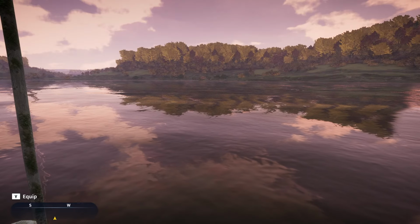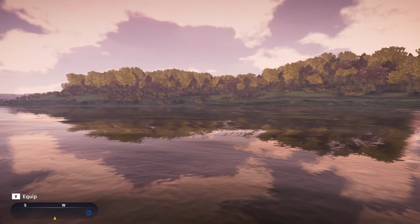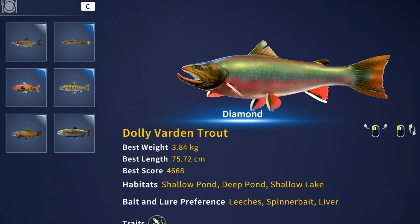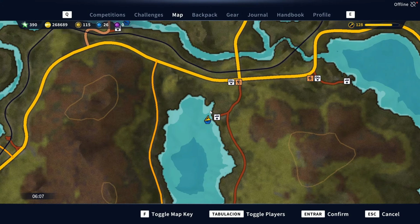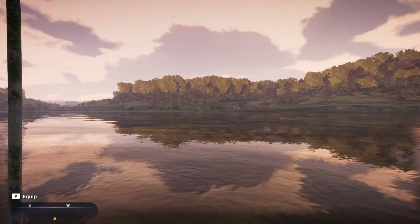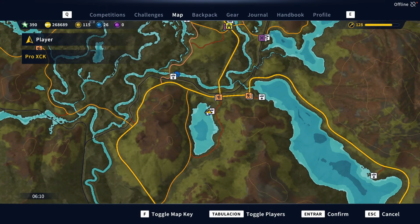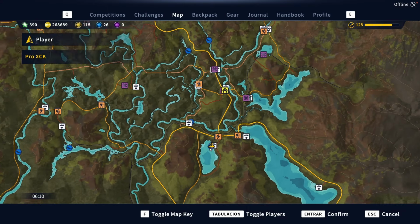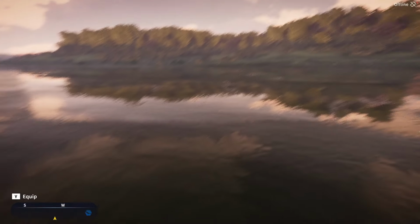Now the next location I visited while making this video is a spot where it's possible to catch multiple diamonds, and one of those diamonds is the beautiful Dolly Varden Trout. This area, right in front of this dock, has been by far the location that has produced more Diamond Dolly Vardens since the map came out. It is simply a fantastic location that, apart from being a nice spot for Dolly Varden, also happens to be one of the best locations to catch a diamond rainbow trout. Here the diamonds are able to spawn all around this area, so I would suggest you to stand right here on this dock,